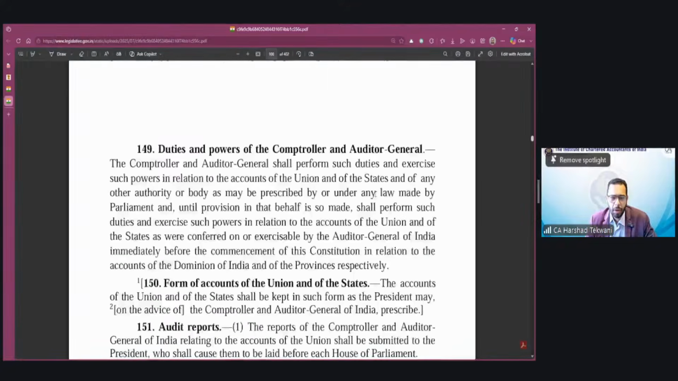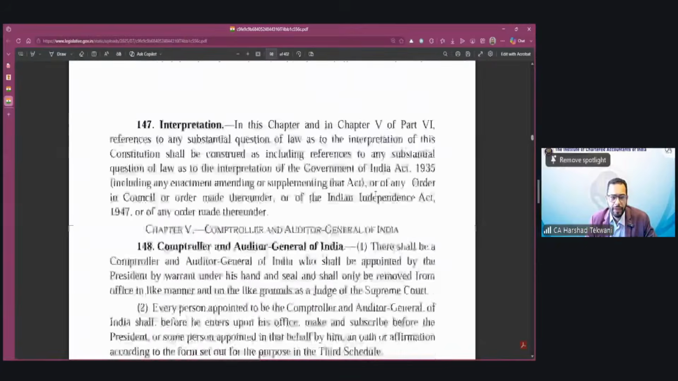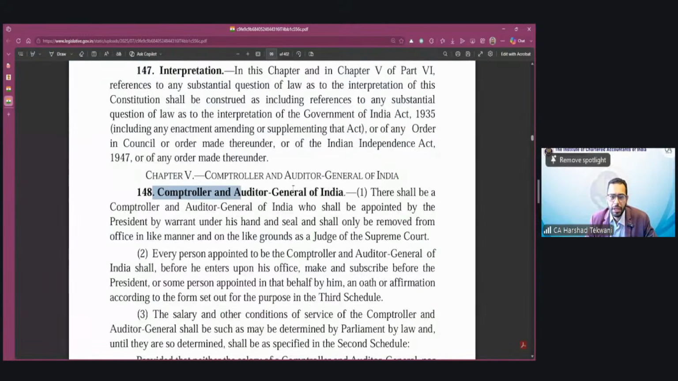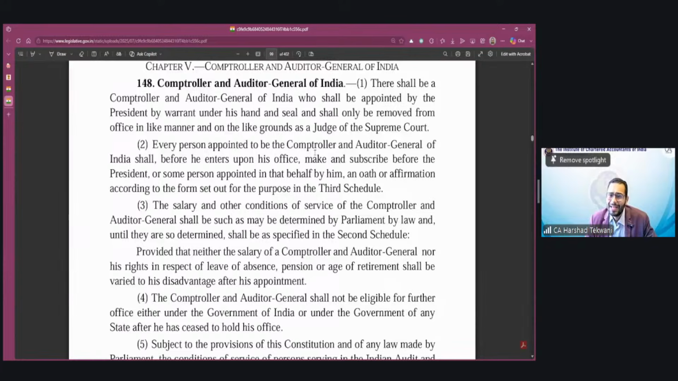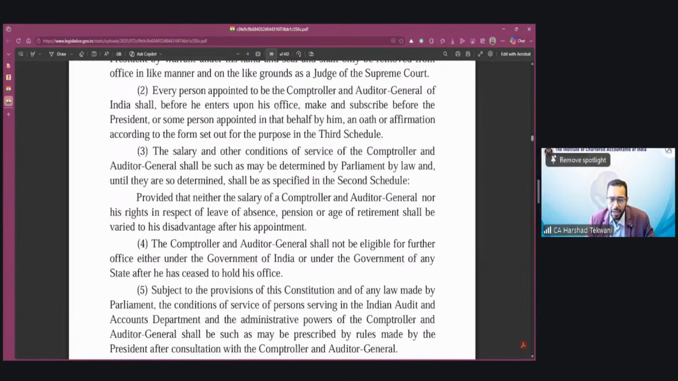Okay, so here we are with Article 148, the Comptroller and Auditor General of India. What this article says is that there shall be a Comptroller and Auditor General of India who shall be appointed by the President. Now, every person appointed as a CAG,